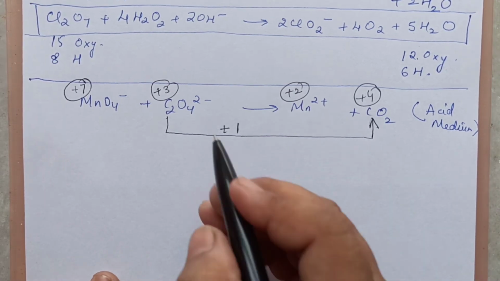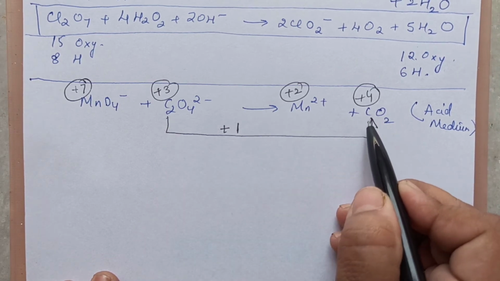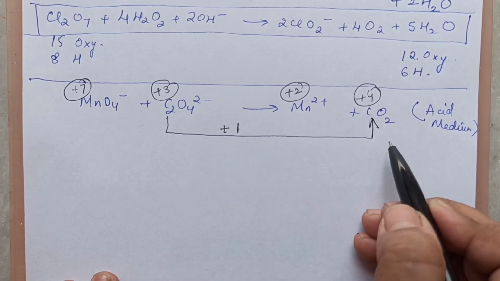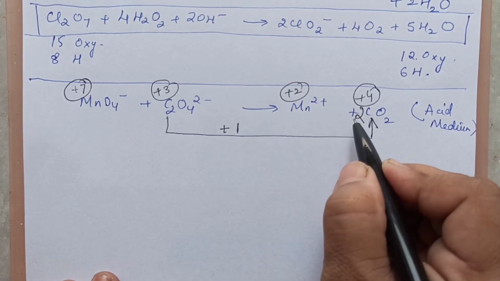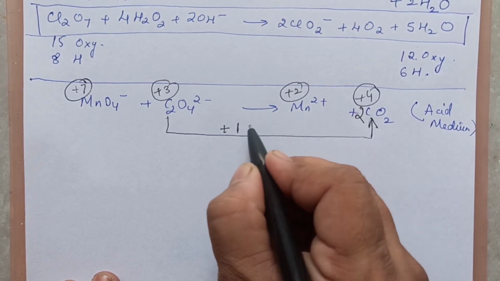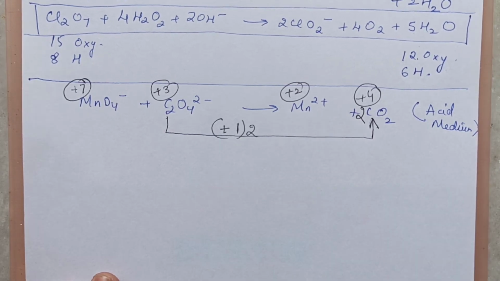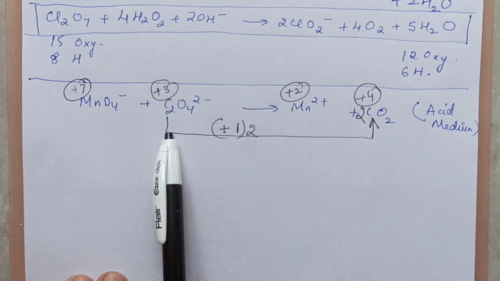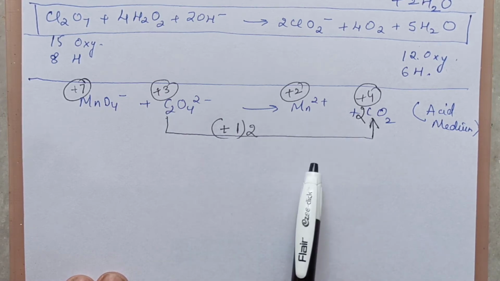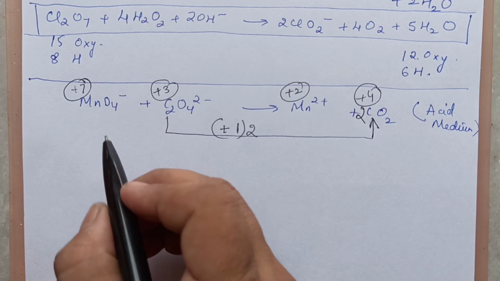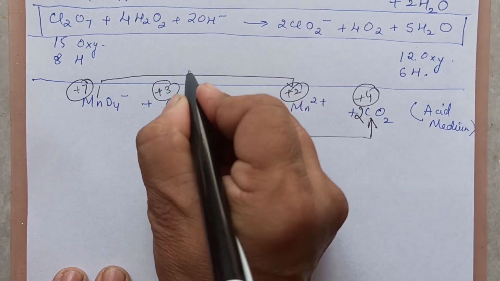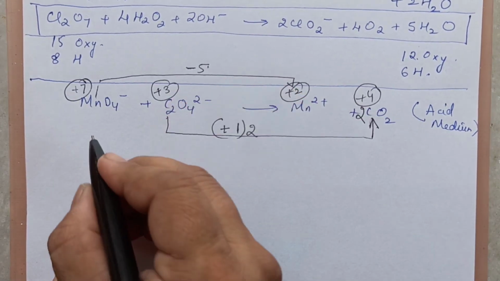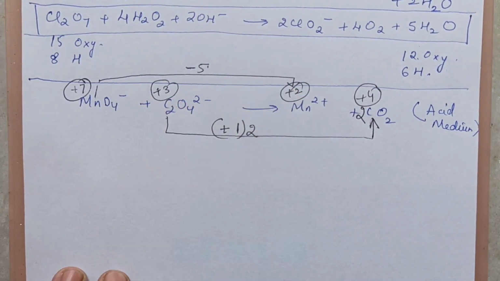Again the same thing. C2. This is only one carbon. So for one carbon the increase is by 1. So we will first make it as 2 carbons to make left and right equal. And now we will say the increase is by 2. First step itself you will multiply it. Right? So the increase in the oxidation state of carbon for 2 carbons is by 2. Mn from 7 has become 2. That means it has decreased by 5. And there is only one Mn, so we are not going to do this.